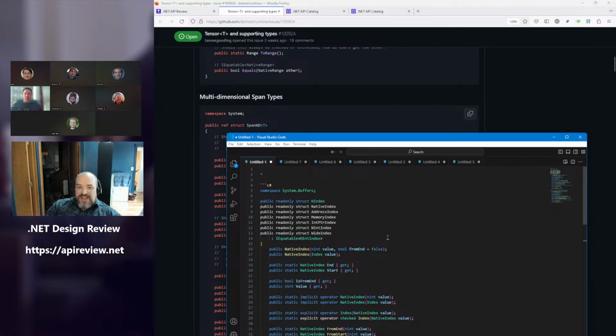But the statement was, before we were willing to commit to putting an ND here, we wanted to make sure we weren't going to use it in a different way in the same proposal. So I'm now trying to pop back and see if anyone wants to ununify off of ND index. And we just had the discussion. Oh, go ahead, Tanner. I was going to say, just to clarify, the reason we cannot do tensor index here is because an index into a tensor involves an index for every dimension of that tensor, and this represents a single dimension's index. So tensor index would be a very, very bad name.